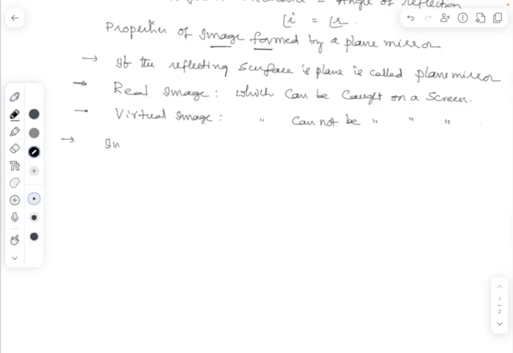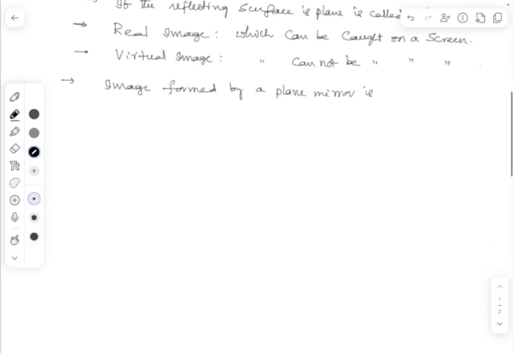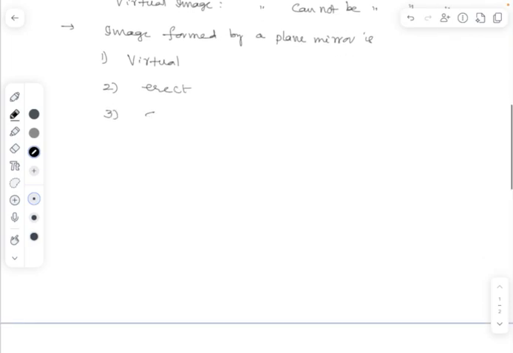Properties. Image formed by a plane mirror is one, virtual, two, erect, three, same-sized, and formed at same distance behind the mirror